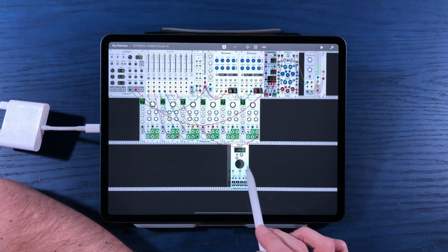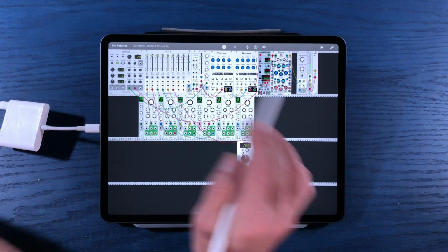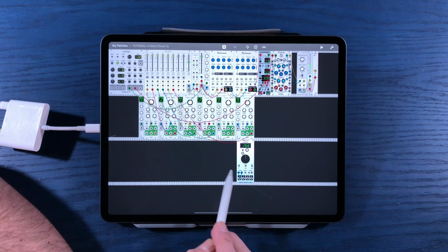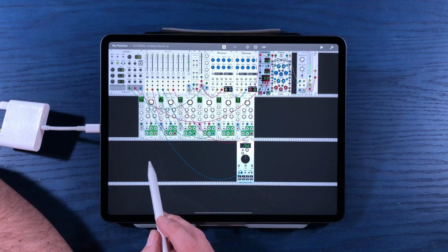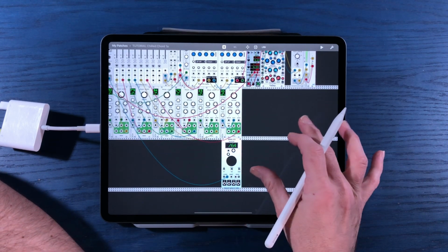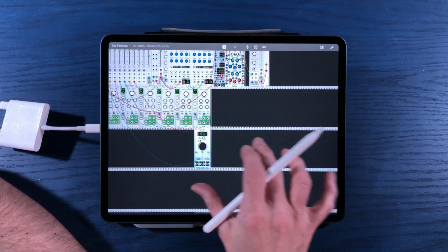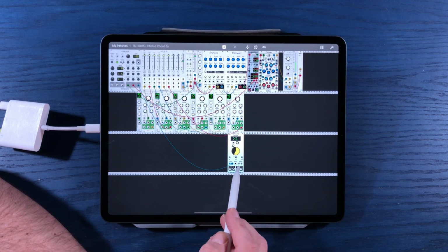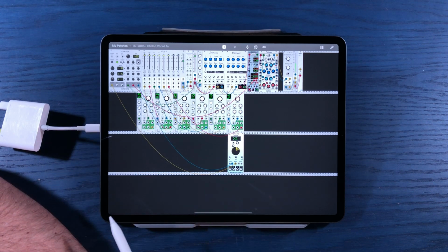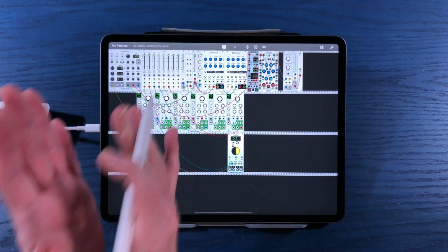Let's go ahead and just bring this maybe down on its own lane here so that you can really see that it's doing something different. We're going to maybe run this into, doesn't really matter, but let's patch this into the third clock. That way we get a little bit more individual customization as to the tempo of our LFO here. And let's go ahead and press play, and there'll be a reset patch point on the LFO, which we're going to patch into the reset of our clocked module. And now when I hit the reset button, it's got our LFO in sync